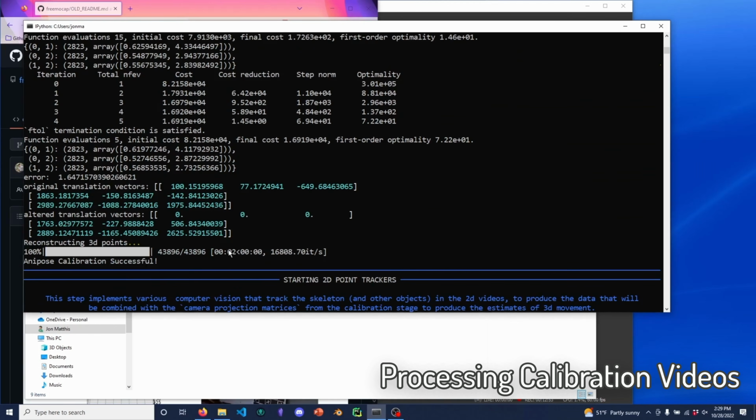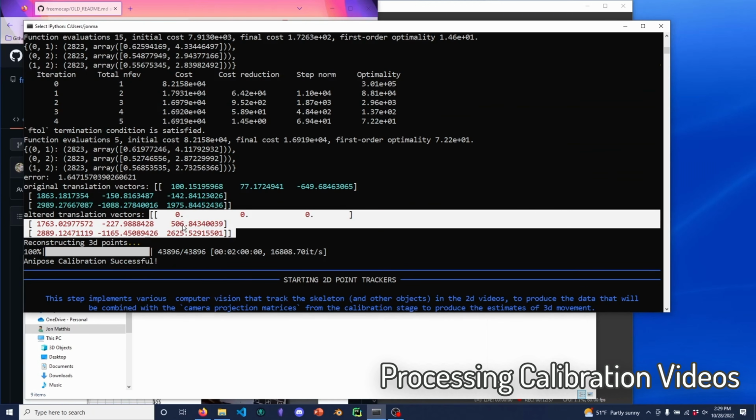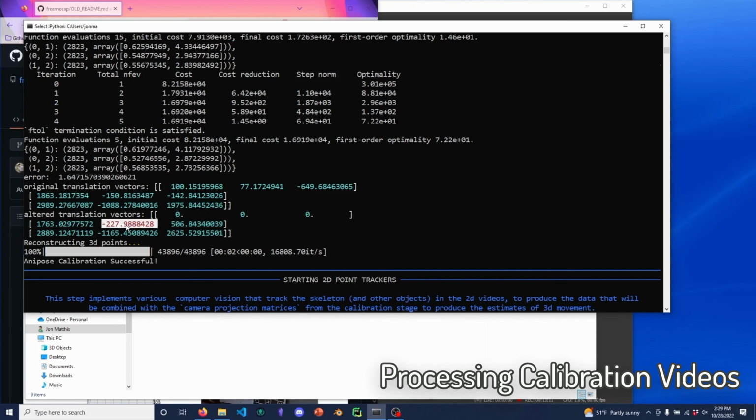Yeah, so these are the final locations that it found for the cameras. Camera 0 is at 0, 0, 0. And then camera 1 is at this location. These are in millimeters. And then camera 2 is in this location. These are in millimeters, so X position, Y position, Z position relative to the location of camera 1. And the average error at the end was 1.6 pixels of reprojection error, which is fine, pretty good. We're happy with it.